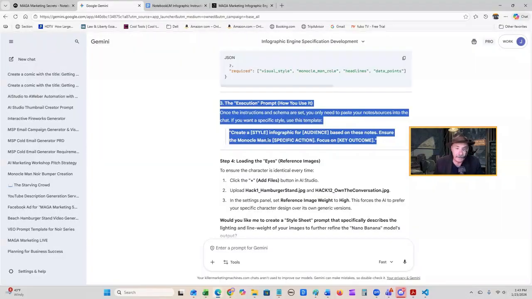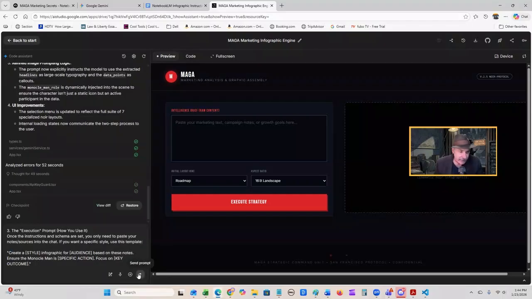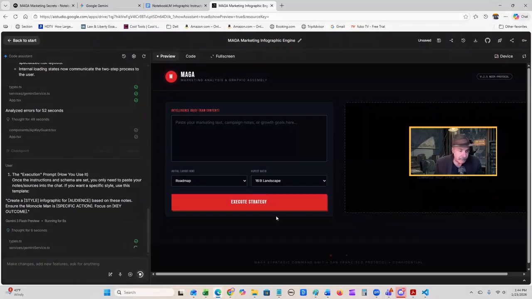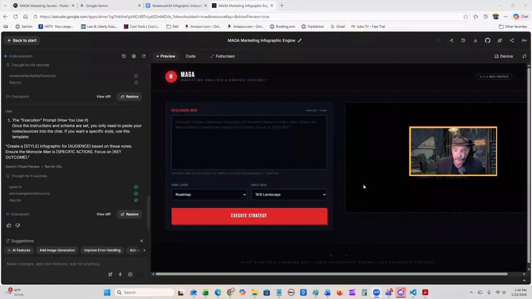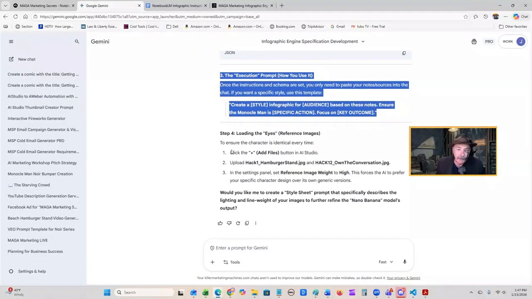So we're going to add in this execution prompt to give the prompt style. That's what it's telling me to do, so I'm just going to do it. I'm going to enter this in, see if that makes any difference. All right, so it did that so far. Now we're going to go back. The final step to ensure the character is